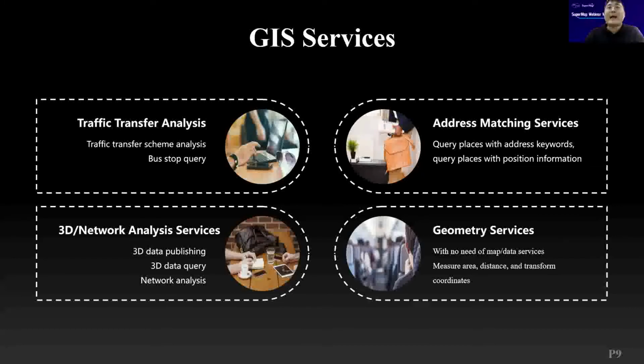And besides the traditional 3D model or traditional 3D service, there is another one, which is the 3D network analysis service. That is, we can publish our 3D network datasets as the 3D network analysis service, such as